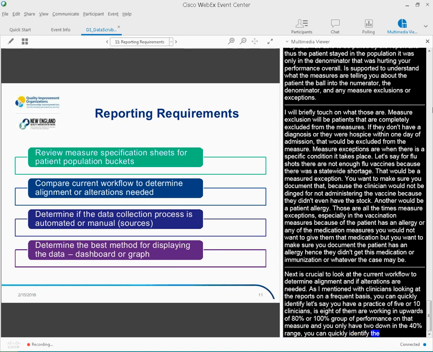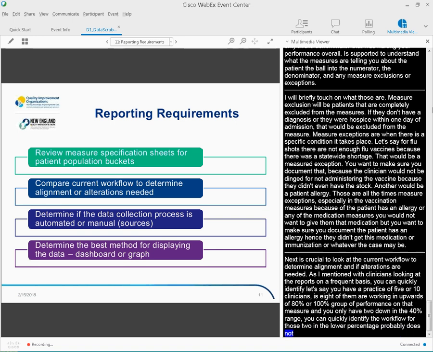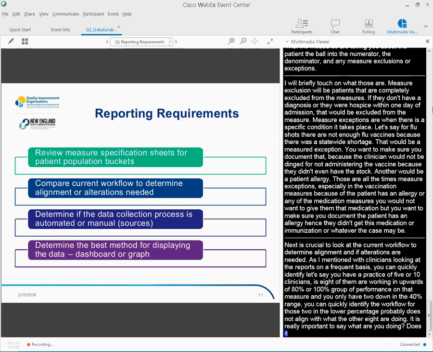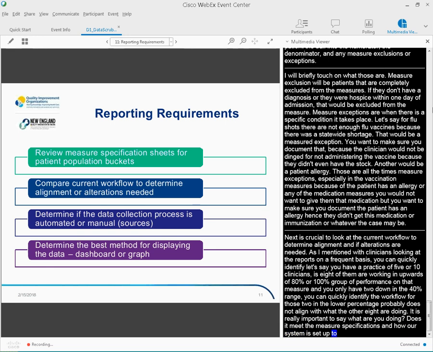And so it's really important to say, okay, what are you doing? Does it meet the measure specifications and how our system is set up to capture that data? And if alterations are needed, let's put them in place and make sure everyone's educated on what's needed and go forward from there.